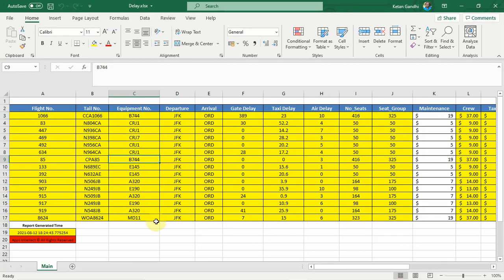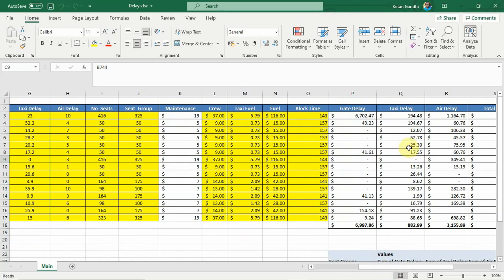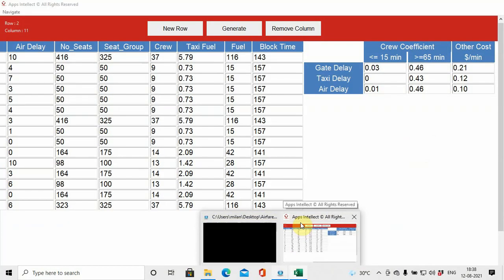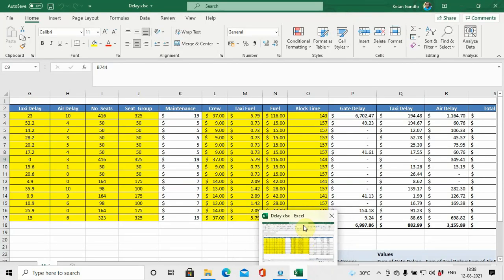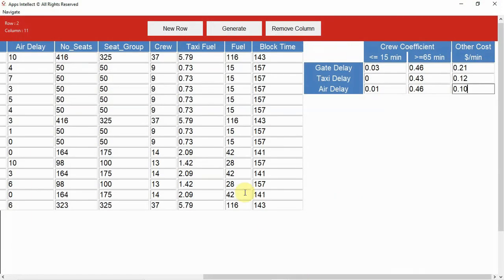So this is the way the application works, and it gives an insight of how the delay can be calculated and what it costs the airline for the delay. So this is the second application of this particular tool, and that's about it, which would be very handy for the airlines,